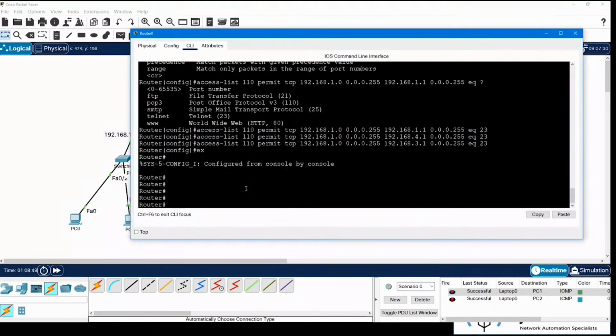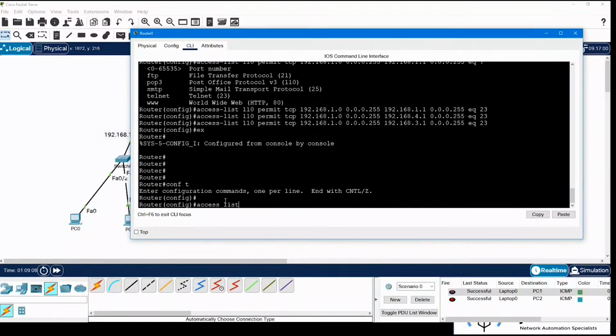So whenever you create an access control list, it starts denying data from others as well because of implicit deny, right? So we have to inform it that you can accept data from others, for which we will use the command